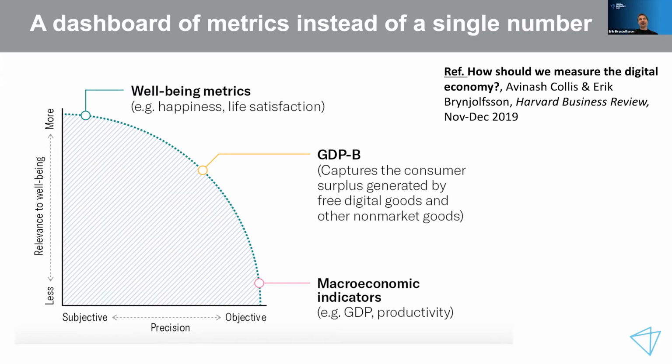At the other end of the spectrum, well-being metrics, there are a number of people who've looked at happiness or life satisfaction, sometimes asking a sample of people in a country how happy they are on a scale of 1 to 10. And maybe that's more important than GDP, but it's hard to be very precise about it. GDP-B is meant to sort of fit in between, more precision, maybe not quite as much as GDP, but also capturing something closer to well-being, the value you get, particularly in consumer surplus, and filling in that space of understanding how we're getting value from different kinds of goods.